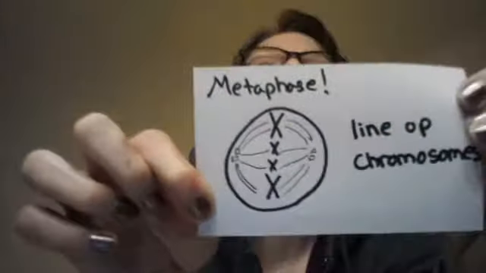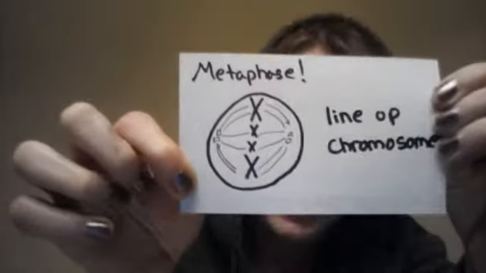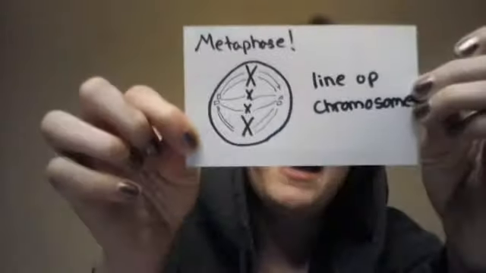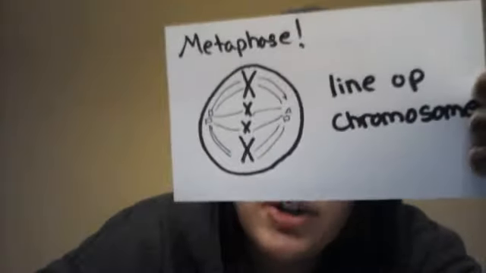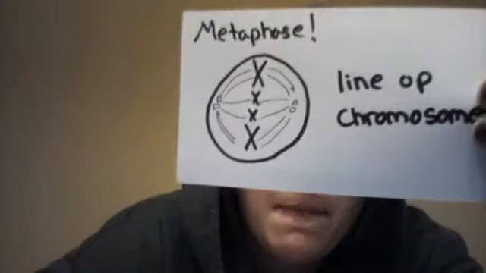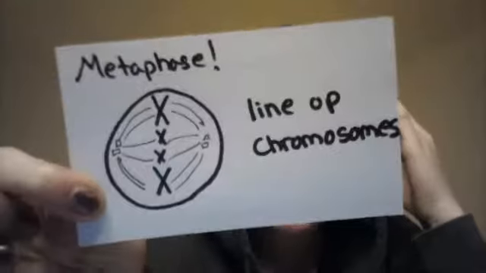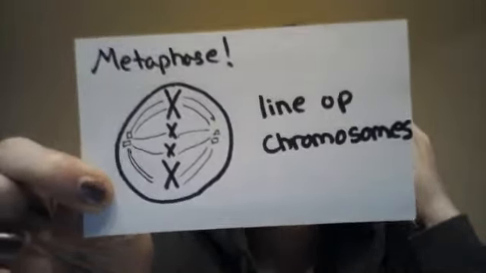All right, here's my favorite phase, metaphase. It is literally the easiest phase to identify. You cannot screw this up. All of the chromosomes are in a line. That's it. You don't really need to know much more else. And the thing is, if you do the experiment and actually watch mitotic division, which takes forever, by the way, this is the quickest portion. It literally happens for like a split second because once they line up, they go right into the next phase. So metaphase is just when the chromosomes line up.